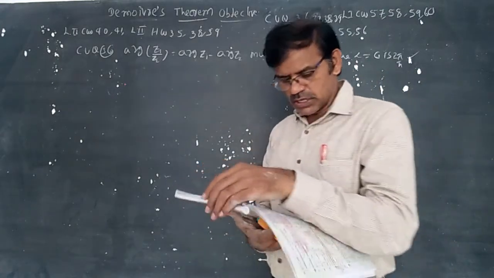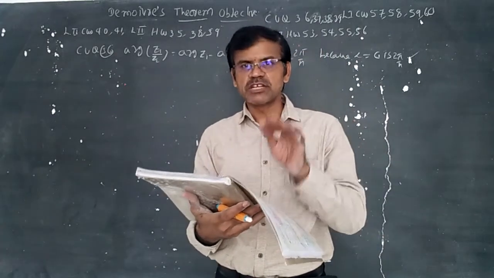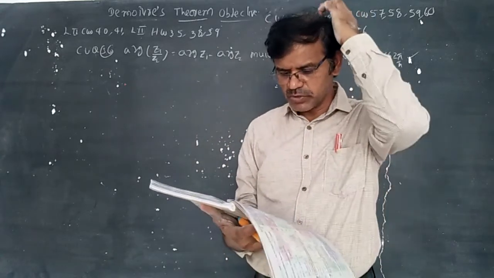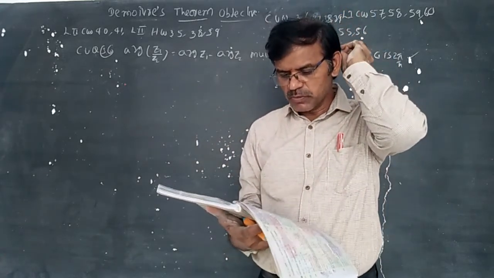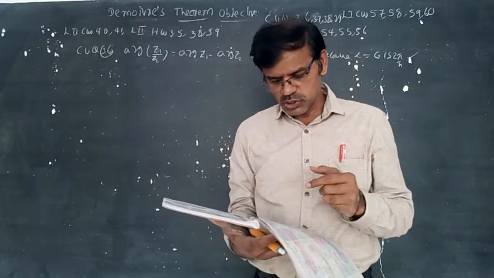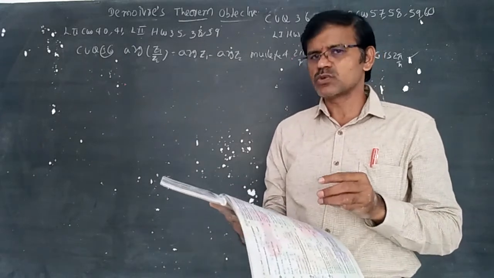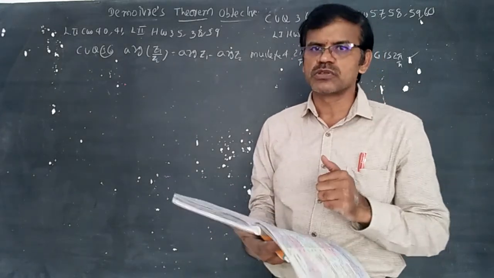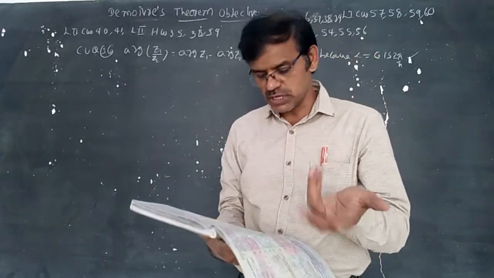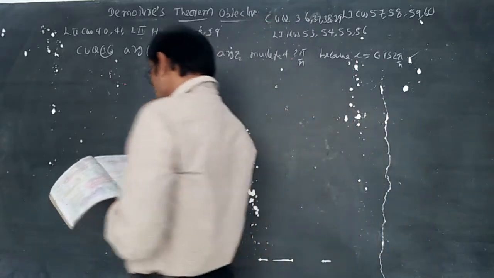Now, 38th question. Let p be a multiple of n. Whenever p is a multiple of n, answer is 0. Simply you can write 1 plus omega plus omega square equal to 0. Multiple of n, let 1 plus alpha plus alpha square plus so on, the answer is 0. And the product of all values of 1 power 1 by 4 is minus 1 whole power n minus 1, use the formula. Minus 1 whole power 4 minus 1 becomes minus 1 whole power 3, answer minus 1. So 39, third option. That's all.